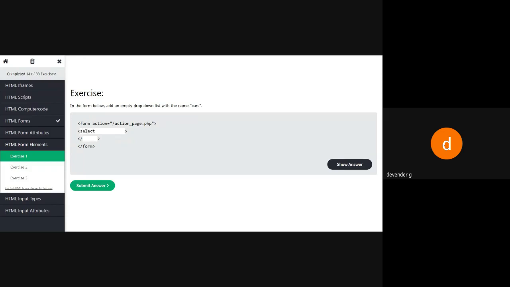Select, name equal to cars, and I'll be using the option, or I'll say select, because select is opened and select is closed. So it is an empty select, options without any list items. So we will not get any drop down items.